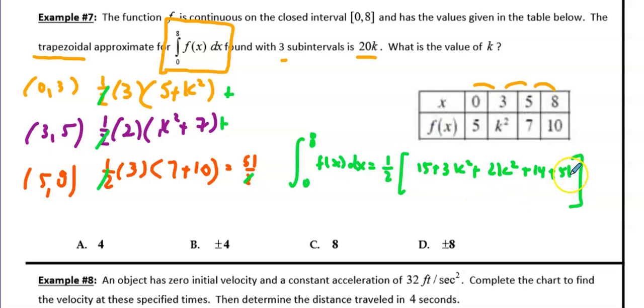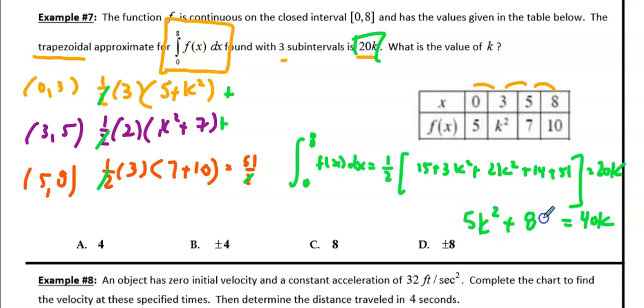And so this equation is going to be equal to, it tells us what it's going to be equal to. It's going to be equal to 20k. And this now becomes an algebra problem. I'm going to go ahead and multiply by 2 just to get rid of the 1/2. So this right side here is going to be 40k. And then I'm going to start simplifying in the middle here, and I'm going to be left with 5k squared